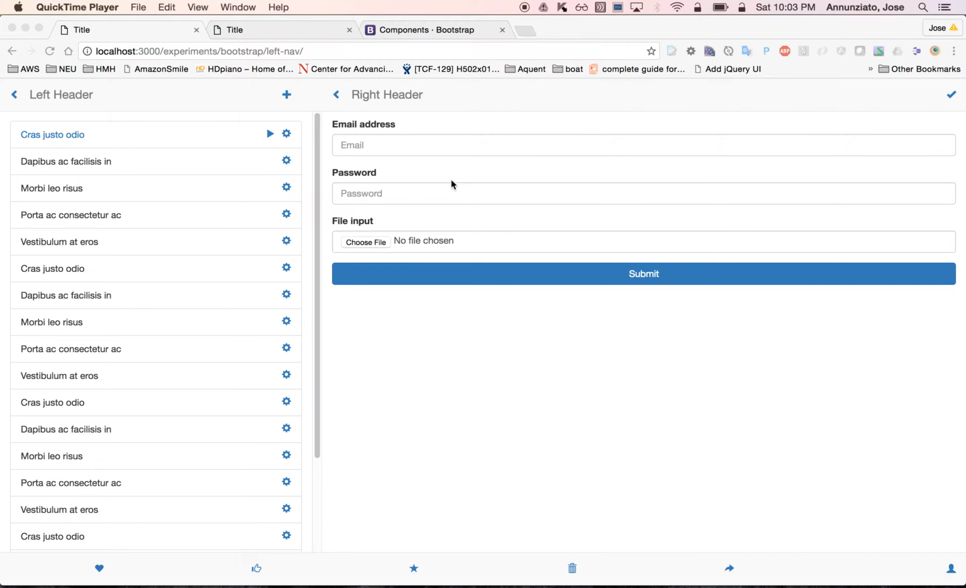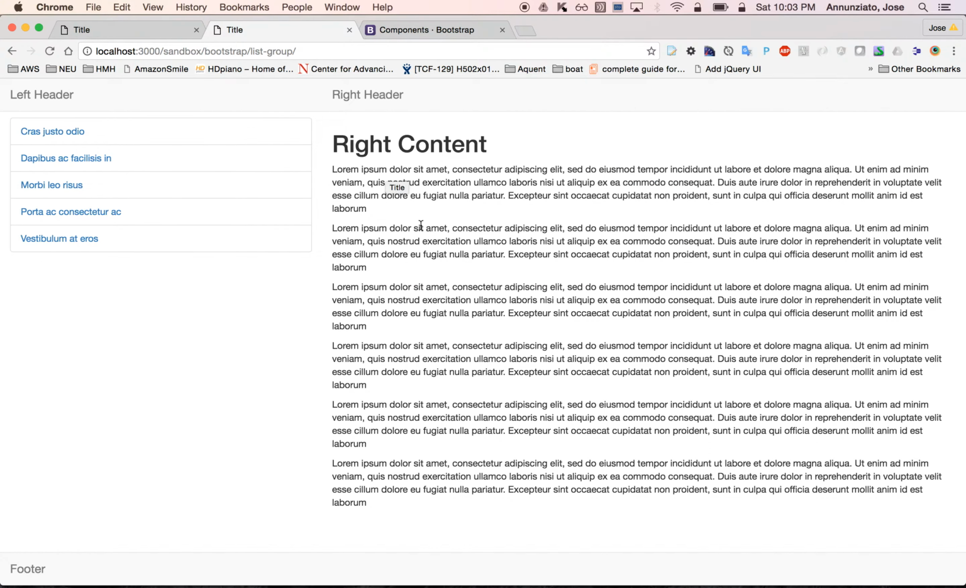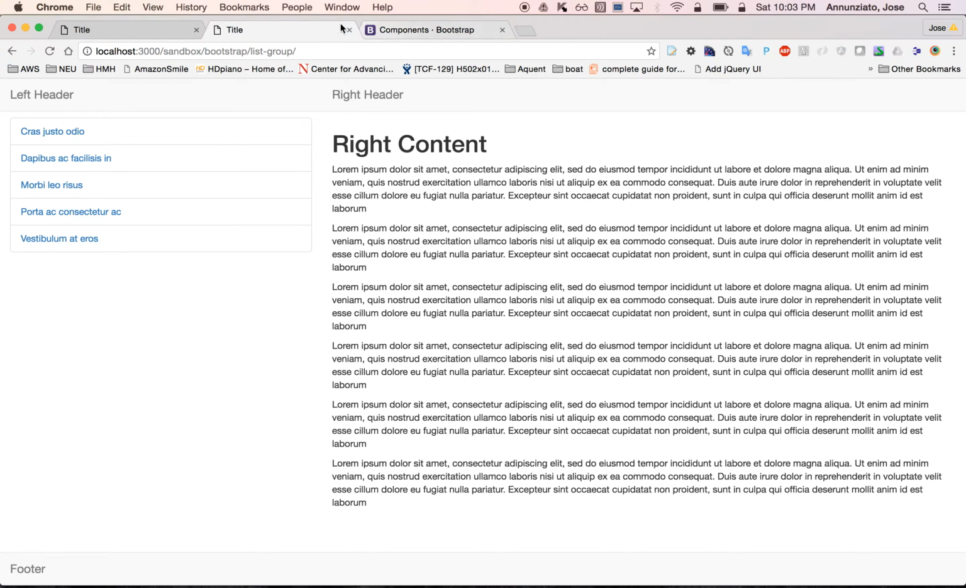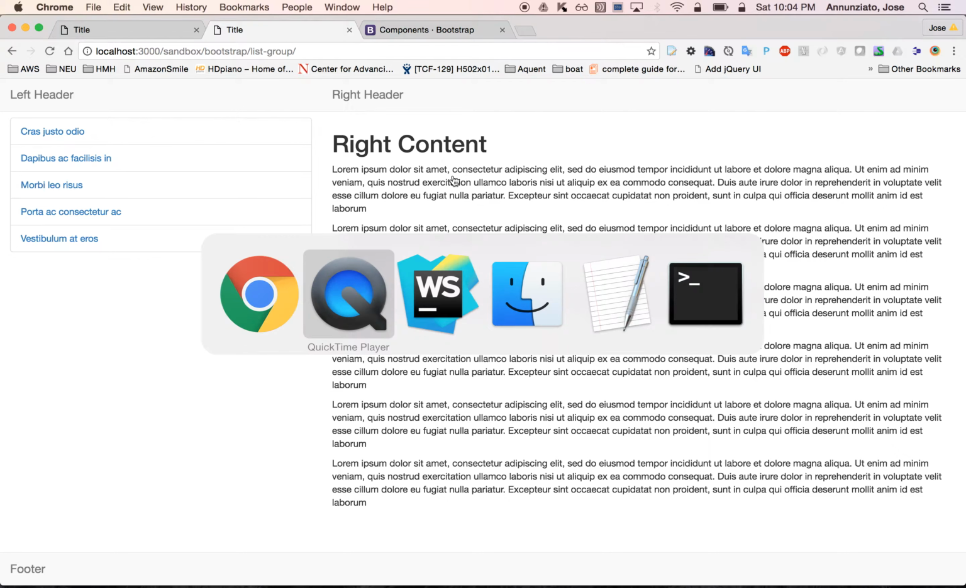So to do that, we're going to show you how to do it by replacing this static content on the right hand side with this form that shows up here. So it's using Bootstrap. That's fairly easy. So first of all,